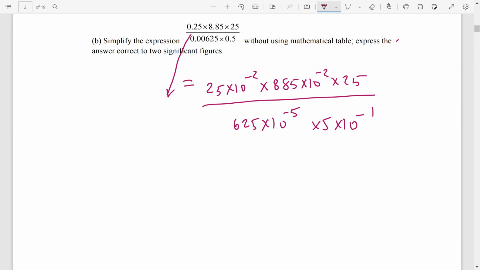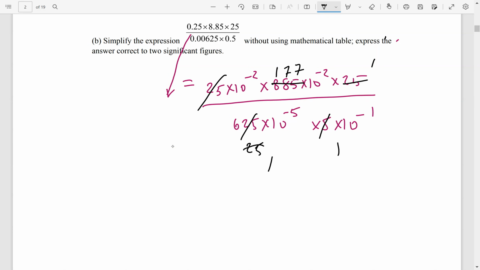So as you can see here now, it is very easy to combine the 10 powers. So we can still simplify. 25 by 25 will be 1. Here is going to be 1. By 5 here will be 1. By 5 here will be 1. 38 is 7. So 38 is 7. 35 will be 7 again. So as you can see, we have